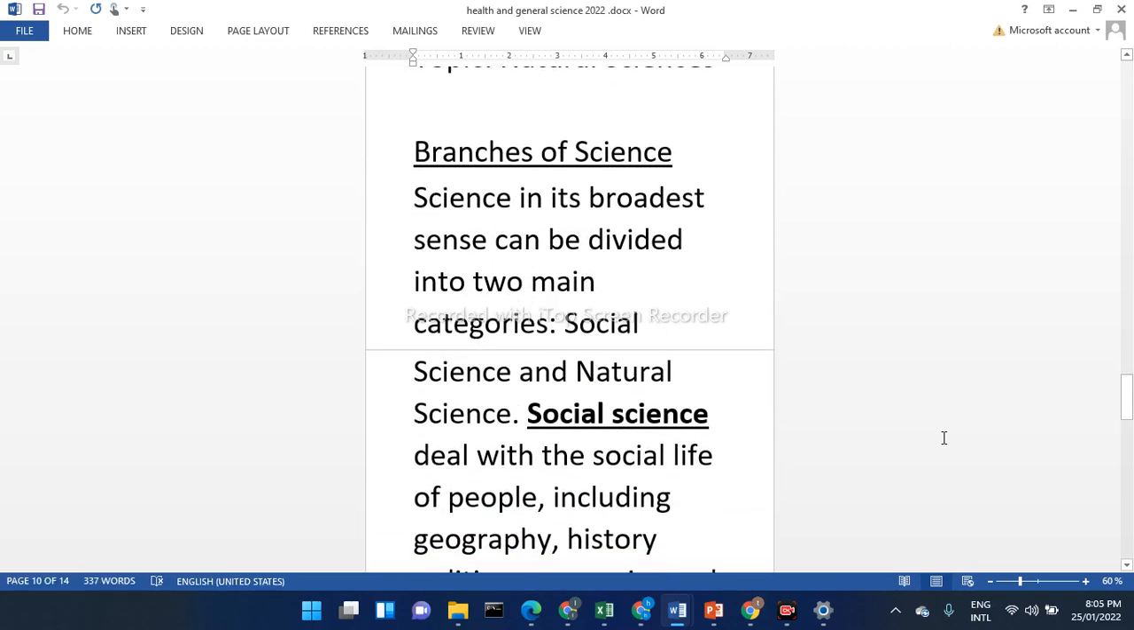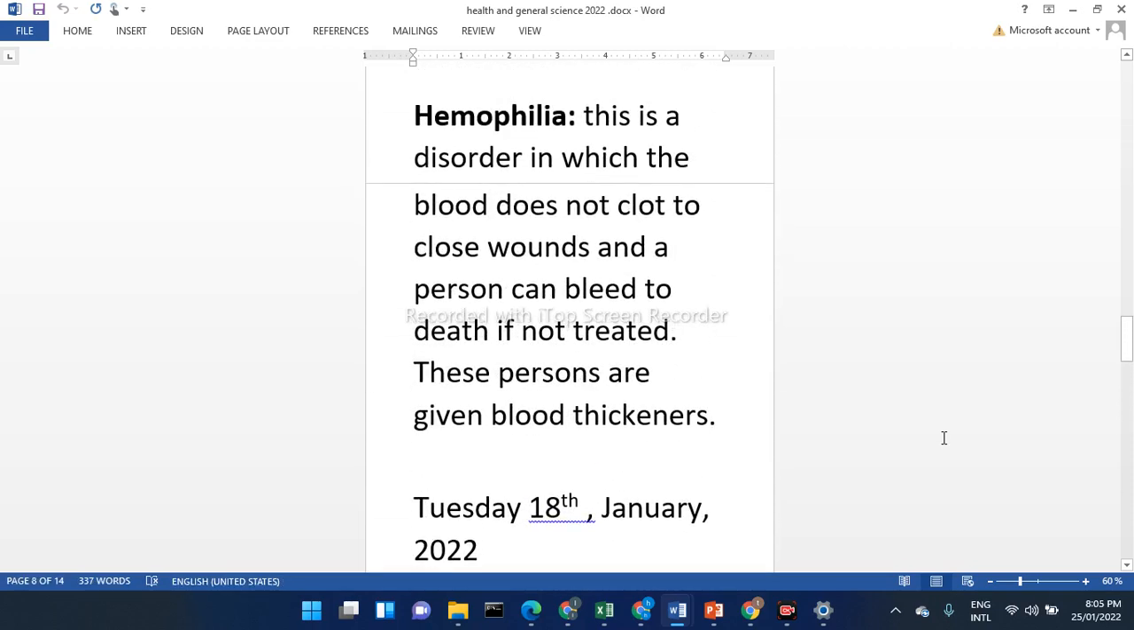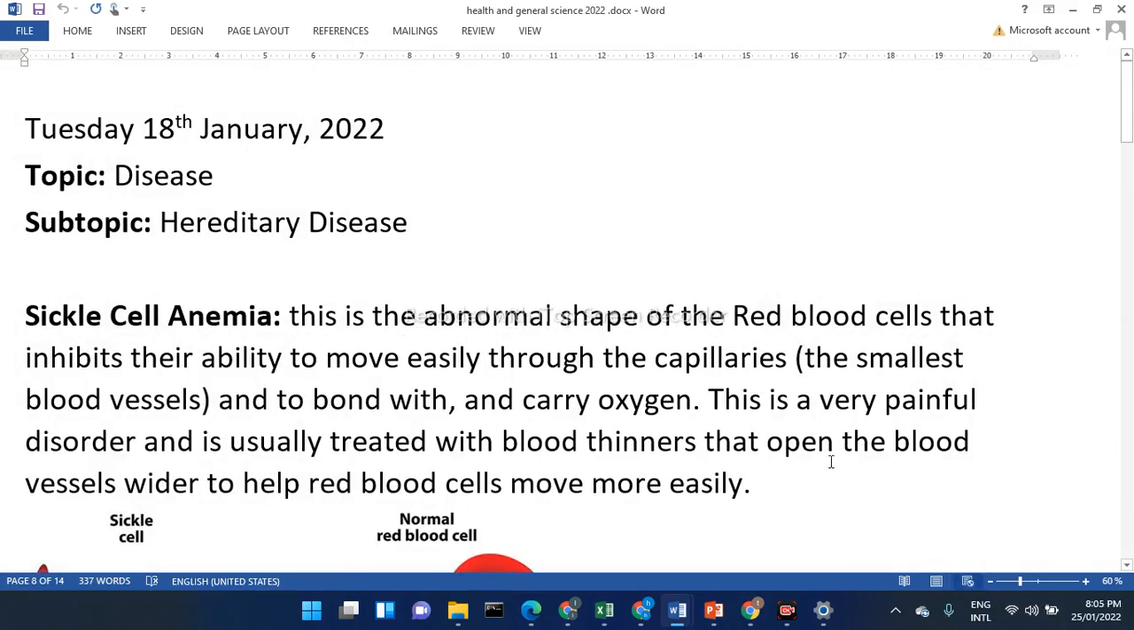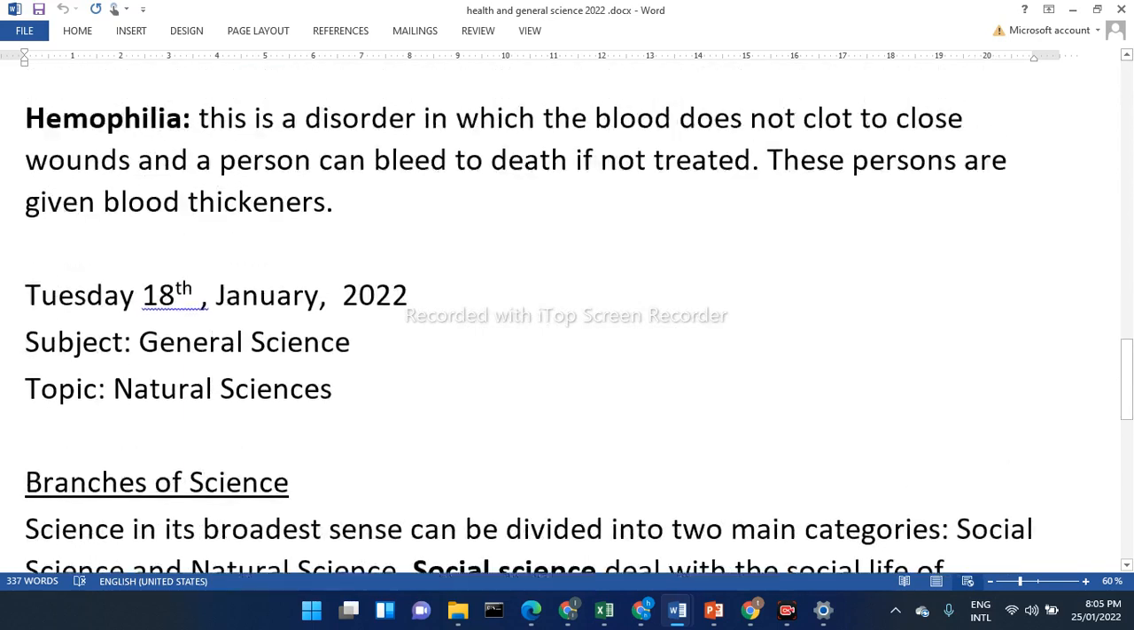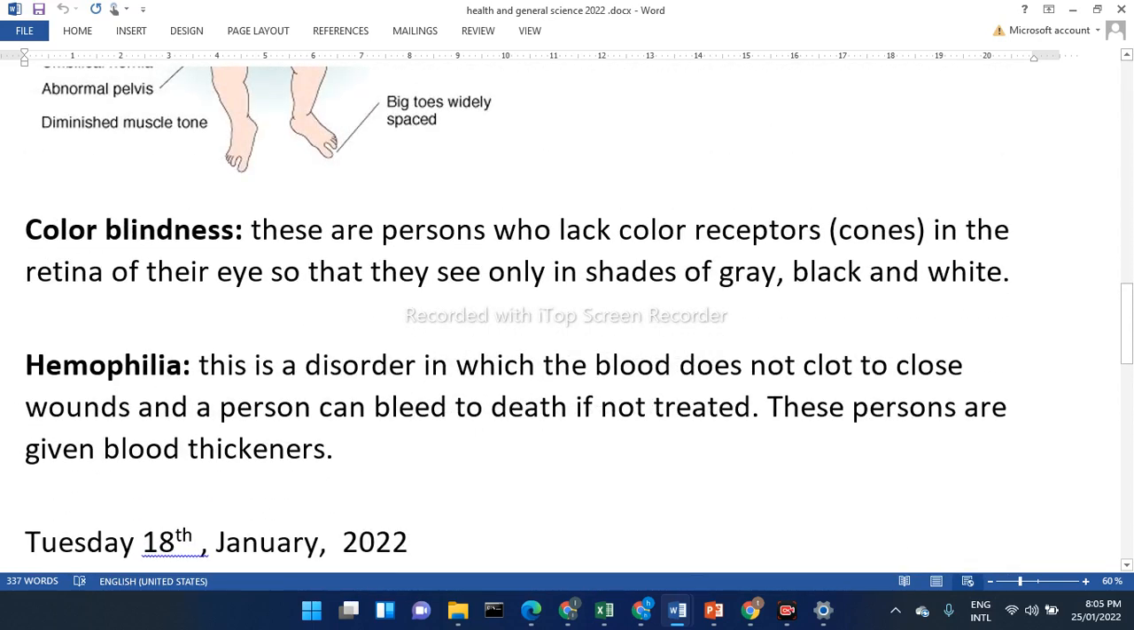Before I tell... last week we talked about diseases. No, that's health. General science. I gave it away already. We were talking about the natural sciences, remember? We said that